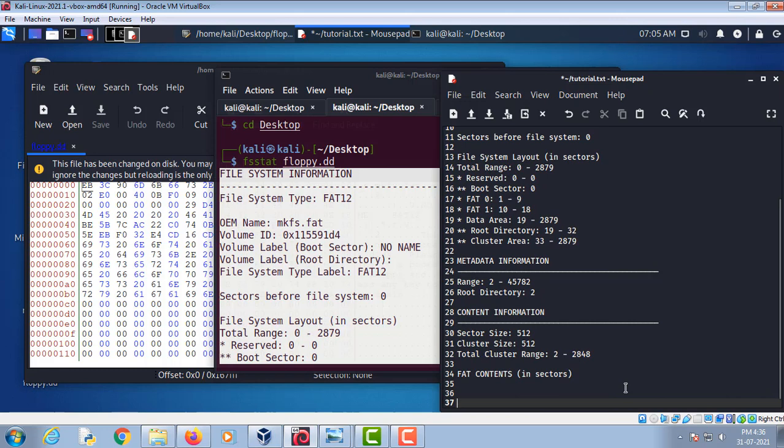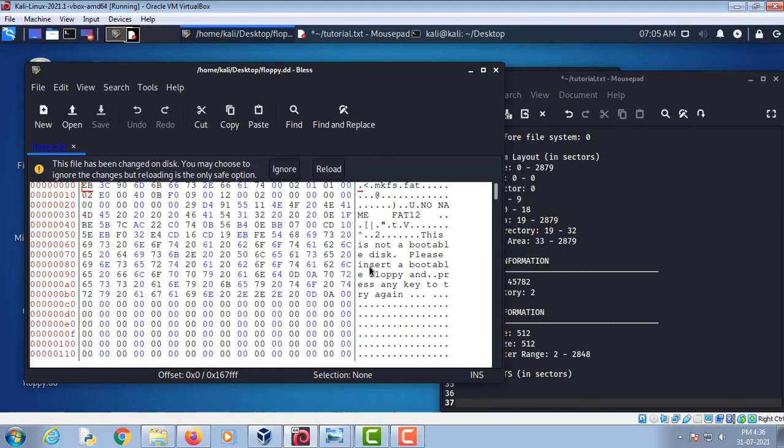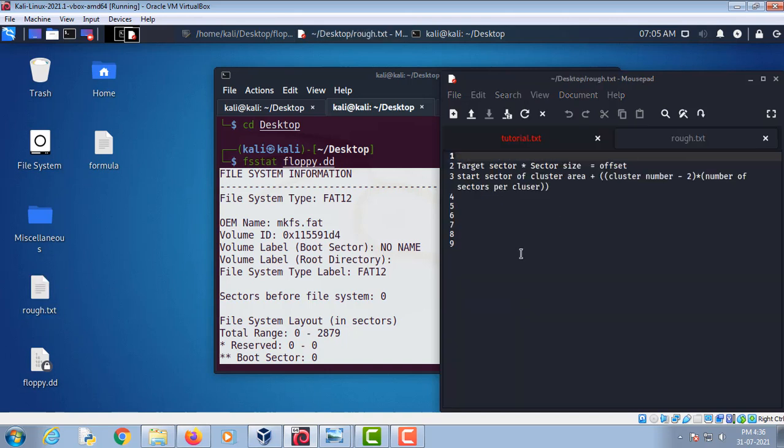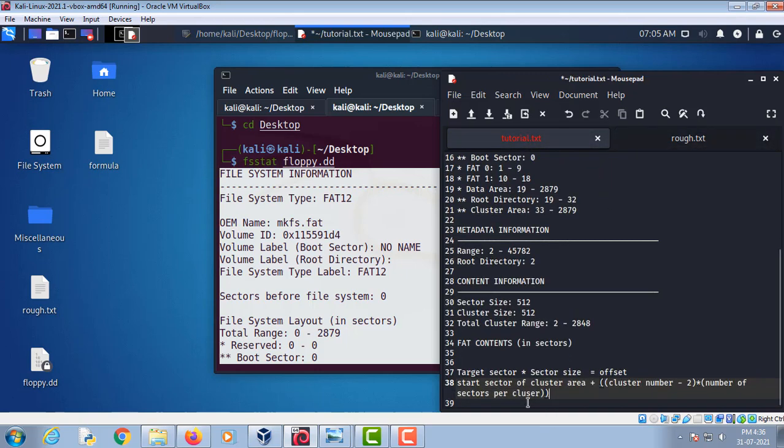We will use two formulas to recover the file from this system, and that formula is, let me show you. Yes, we will use these formulas to recover the file.